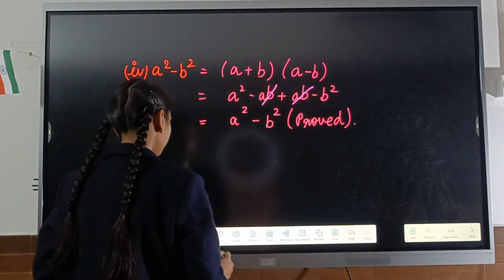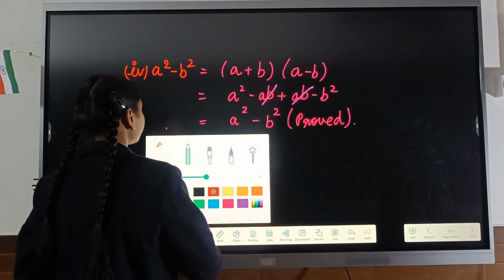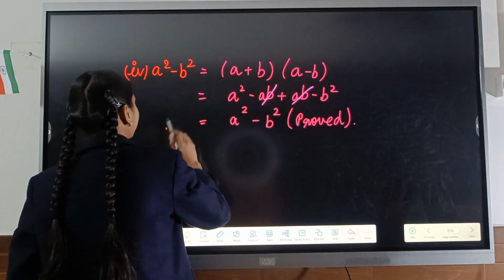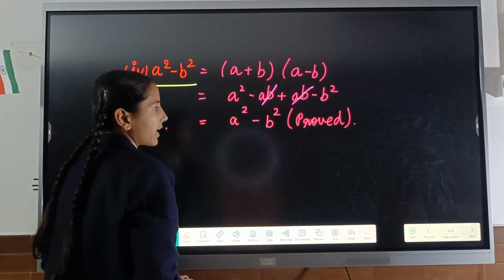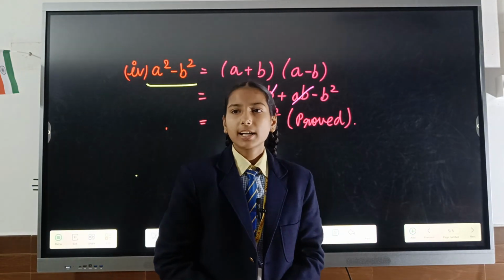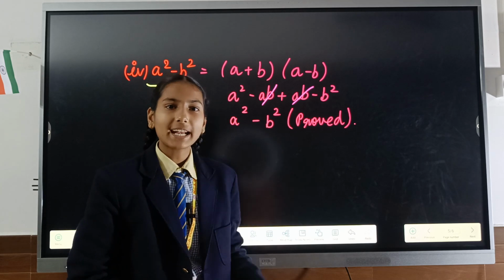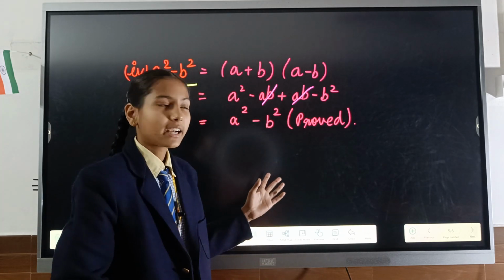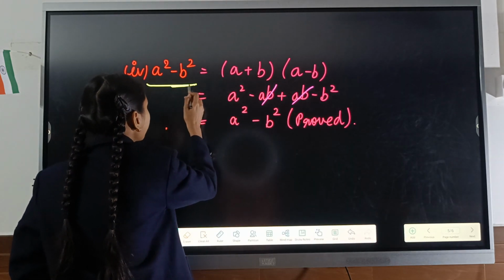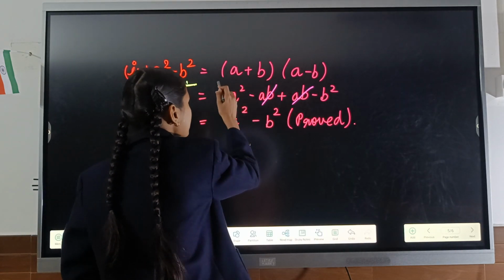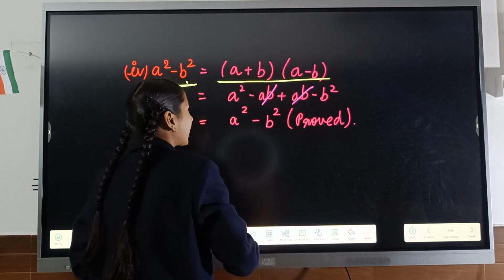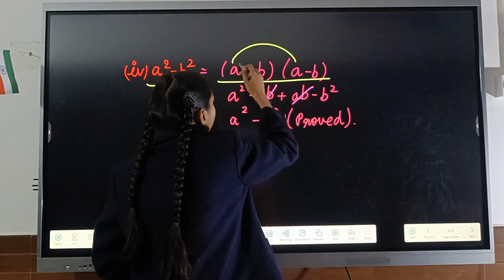Next formula is a square minus b square. In the first part, I have already told you that this is the simplest formula in the algebraic identities. For example, the formula of a square minus b square is a plus b in one bracket and a minus b in another bracket. When we multiply them,